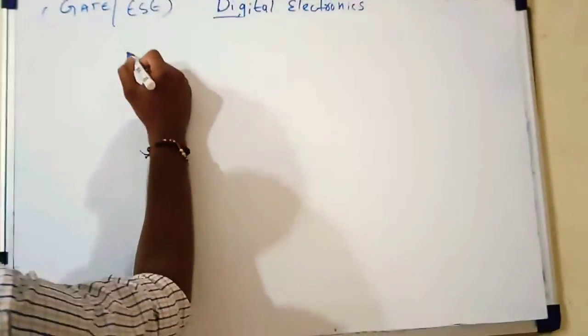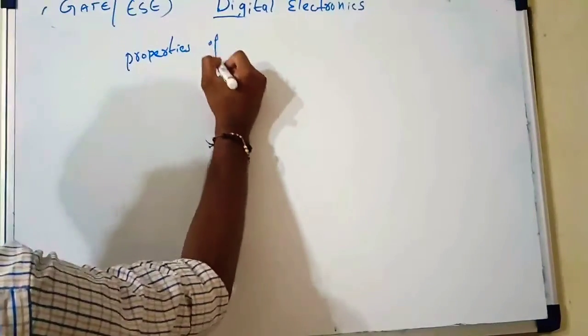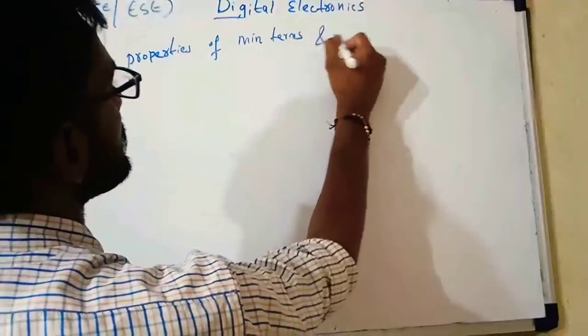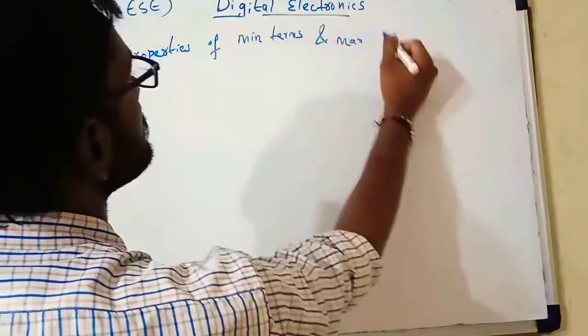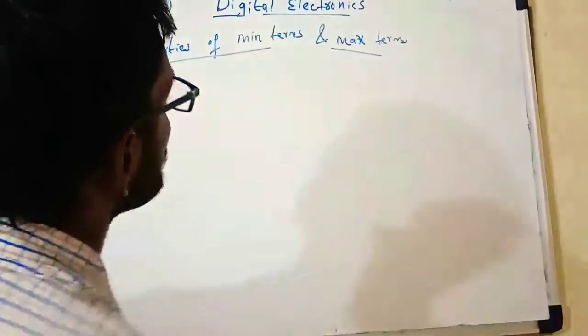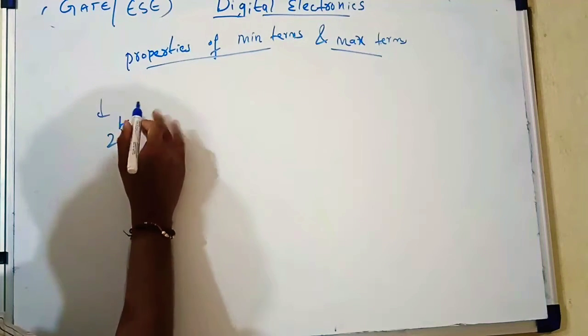Let us discuss the properties of minterms and maxterms. Before going to that, let us see in the expression how many minterms are there and how many maxterms are there. If I am taking the 2-bit,